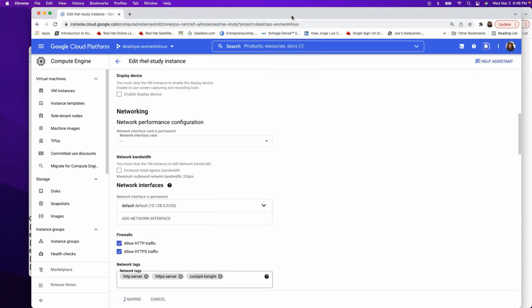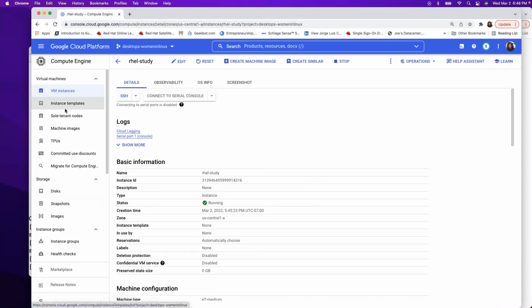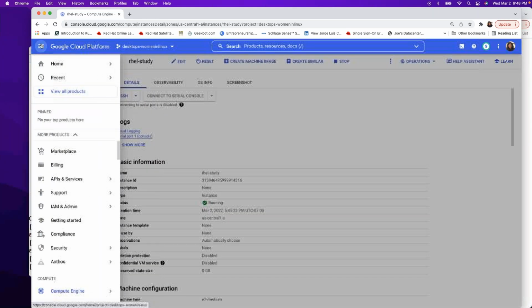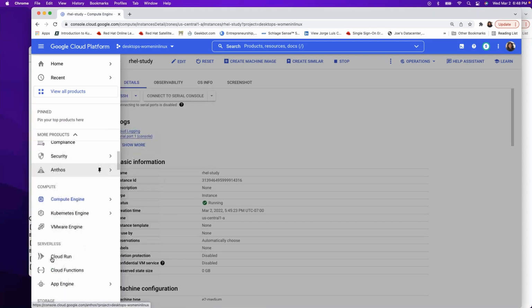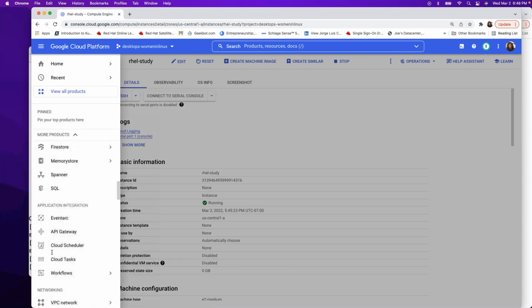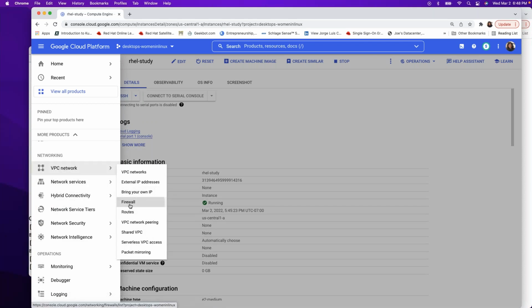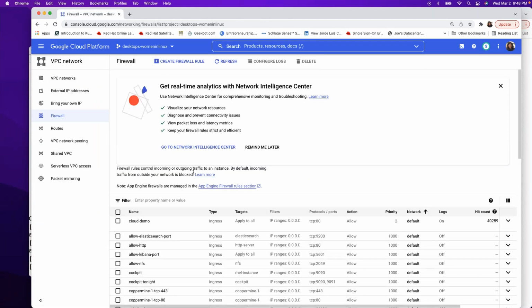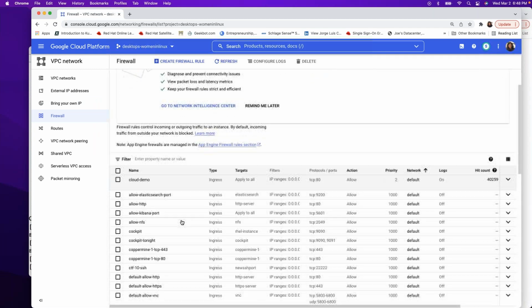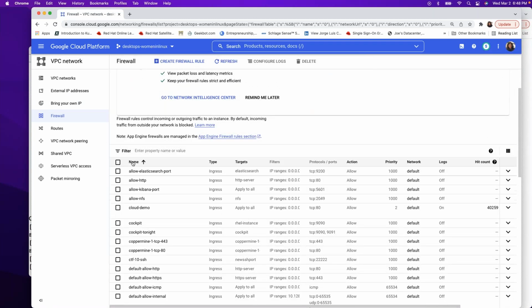Now we can go back to firewall rules. I think I did dash tonight or underscore tonight. I can't remember. All right, so let me go back over here to firewall rules because I couldn't remember. Set up network and firewall. Let me go by name. Dash tonight. Okay, I did dash tonight. All right. So in theory,